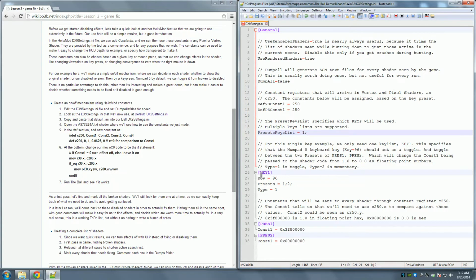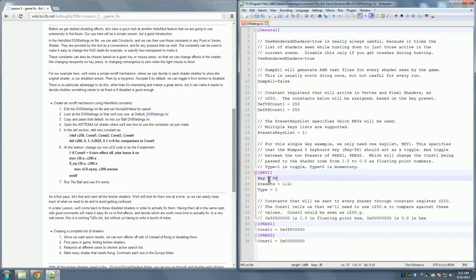This is the actual key operation that we want to specify. And in this case, it's a single one. And what we're going to do is we're going to use the number pad 0 on the keyboard. And that key equals 96 here, which is the definition for that. This is one of those strange Helix things. All of these keys are specified by decimal numbers, even though most of the other stuff happens to be hexadecimal. This one's a decimal number, and in general, you'll go ahead and use the keys here